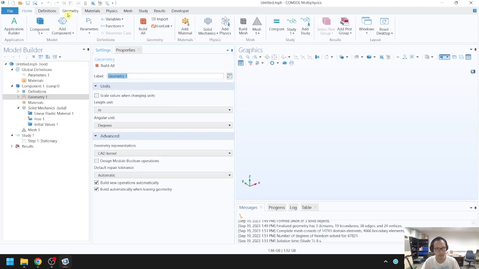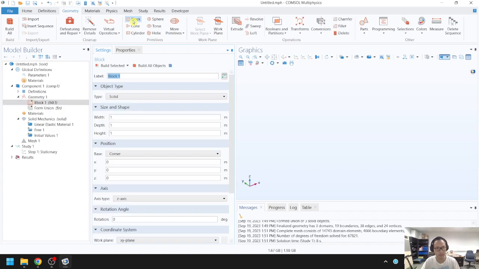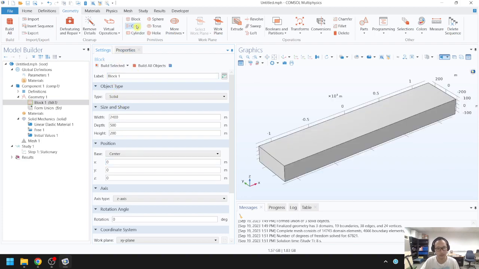Now in here, you're going to click on Geometry. You add the platform at the bottom. The width is 400, the depth is 500, and the height is 200. I'm going to choose Center. Now I'm going to create another one for the epoxy, which is